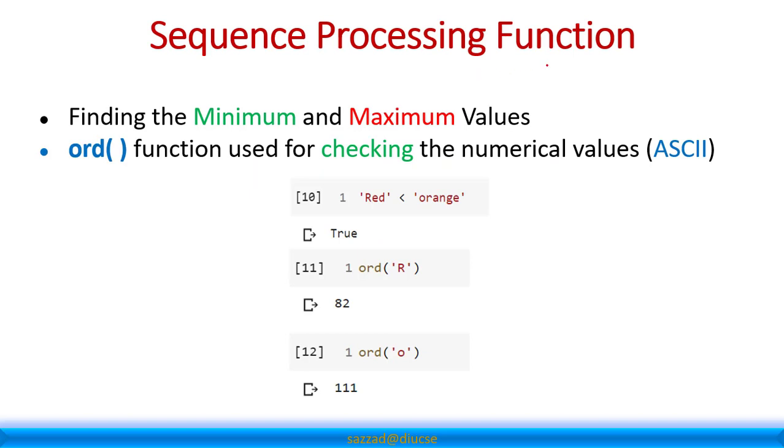So first of all, sequence processing functions. Sequence processing functions are used to find the minimum and maximum value between some numerical values. It deals with the ASCII values of the characters. Suppose we are trying to compare which is greater, red or orange, and we use a condition that red is smaller than orange. What should be the output? It will produce an output because R and O have some values. It only includes the first character of a word,